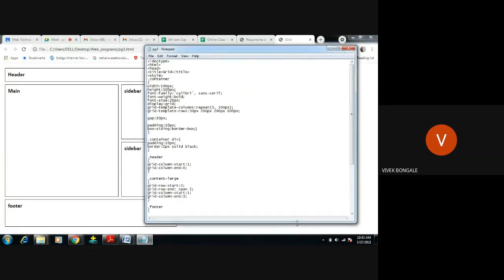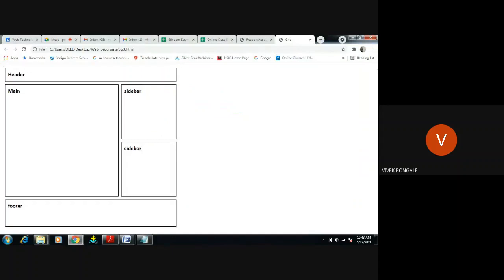I'll just enlarge it. Okay, this is common, right? And I use this container. Okay, what is this container? I'm trying to create what? My web browser. This whole web browser. Okay, this is the container, right? My whole web browser, I'm making it as one container, right?